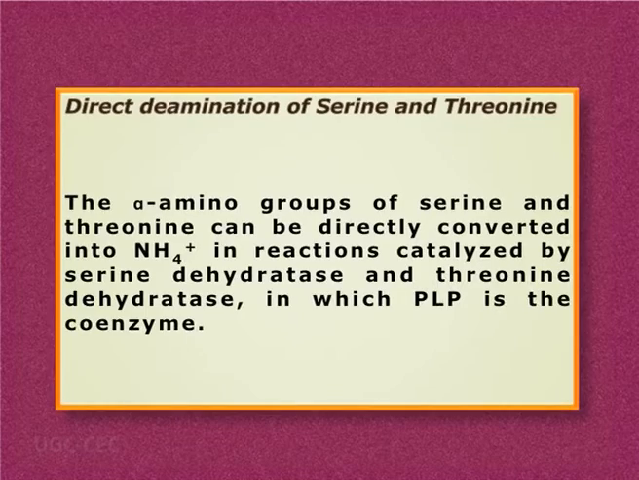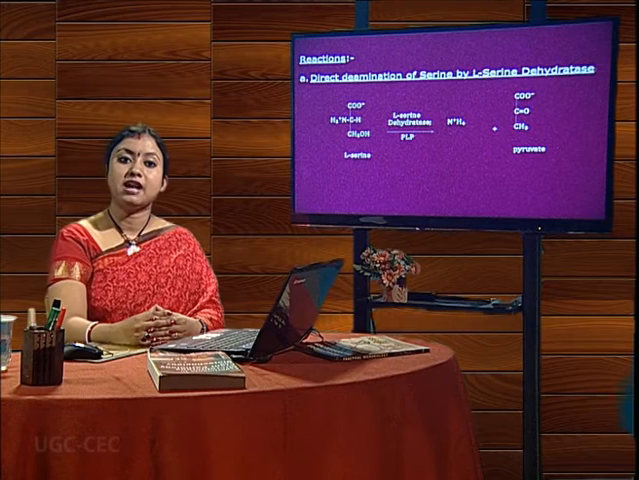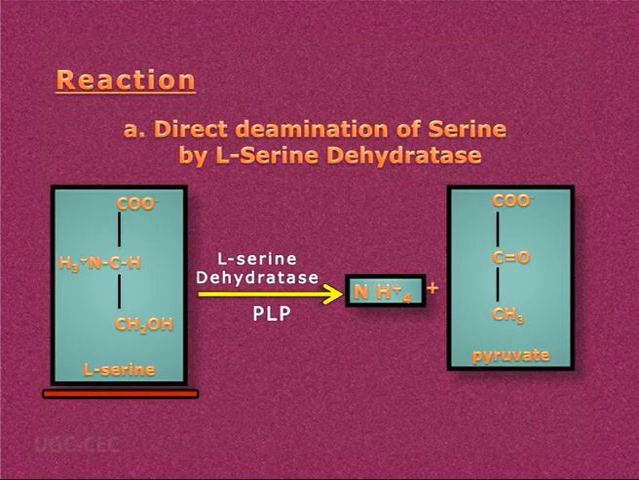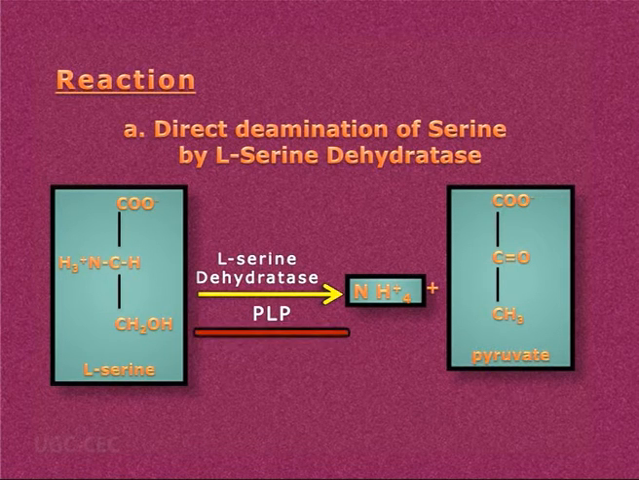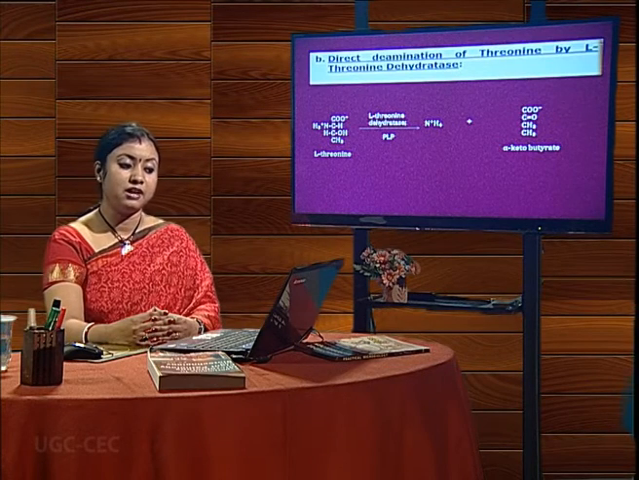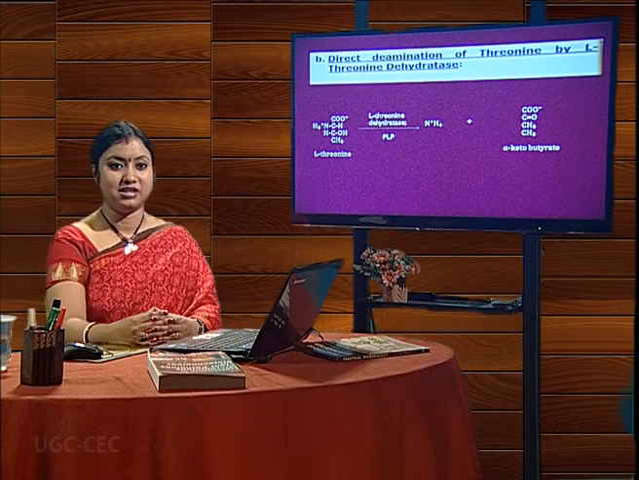Now most of the amino acids are deaminated by this process, but there are two amino acids, L-serine and L-threonine, that can be directly deaminated with the release of ammonia. The enzymes catalyzing these reactions are dehydratases. If we see this particular reaction, L-serine is converted to pyruvate with the release of ammonia, and the enzyme catalyzing this reaction is L-serine dehydratase, and the coenzyme is PLP. Similarly, L-threonine is converted to alpha-ketobutyrate with the release of ammonia, and the enzyme is L-threonine dehydratase, and the coenzyme